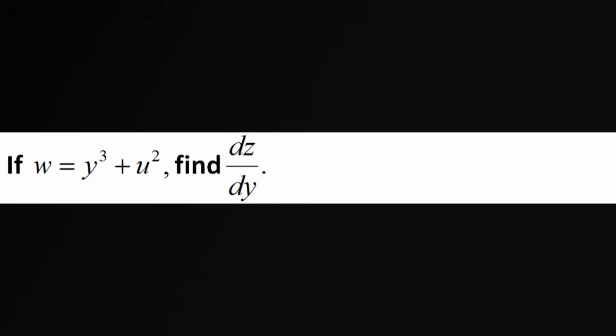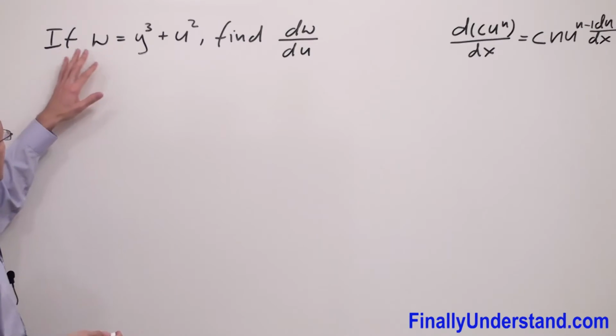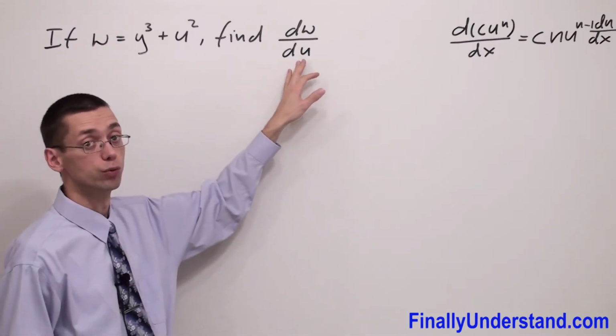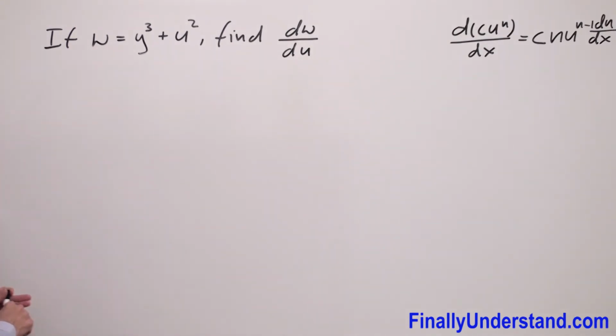Let's take a look at this example. This time we're supposed to find the derivative of a given function with respect to u. Okay, so what we're supposed to do first, simply write that